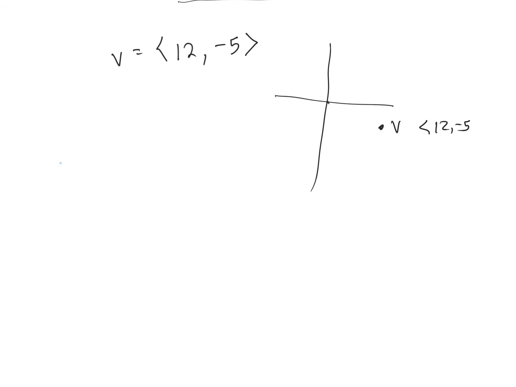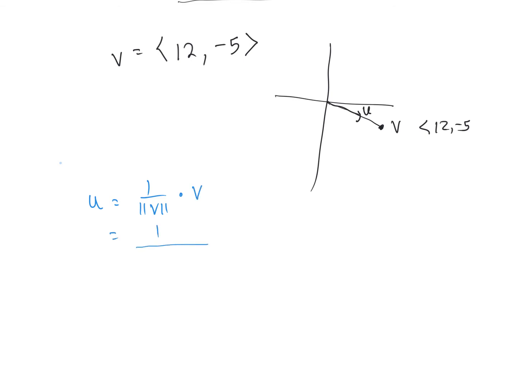Let's say we have v equals 12, -5. So if I graph this, it is 12, -5. So it kind of looks like this. So we want something from the origin, a u, which goes in the same direction, but the magnitude is only 1. So we use our formula, which we have. So u equals 1 over the magnitude of v times my v components,